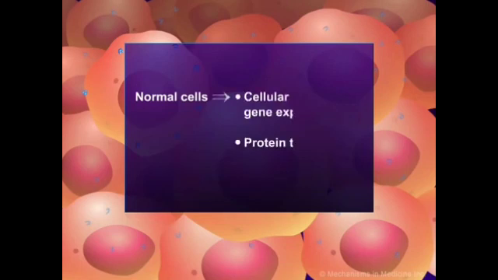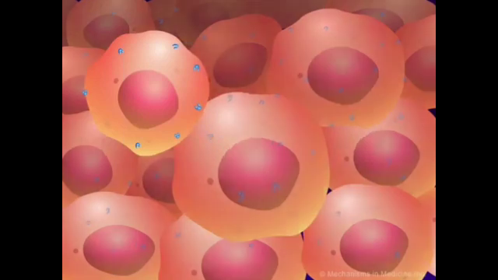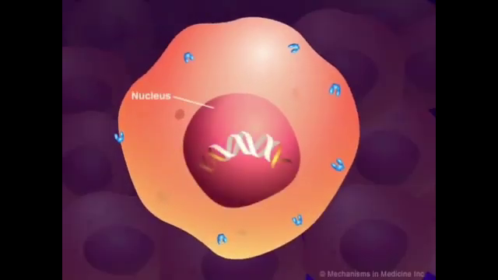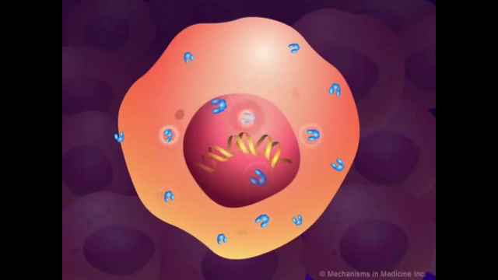In normal cells, the production of cell surface receptors is limited by cellular restraints on gene expression and protein translation. In tumor cells, however, mutations in the genes encoding for the receptors disrupts this finely tuned regulation, and too many copies of the gene are produced, a phenomenon called gene amplification. This, in turn, leads to excessive transcription and production of receptors.